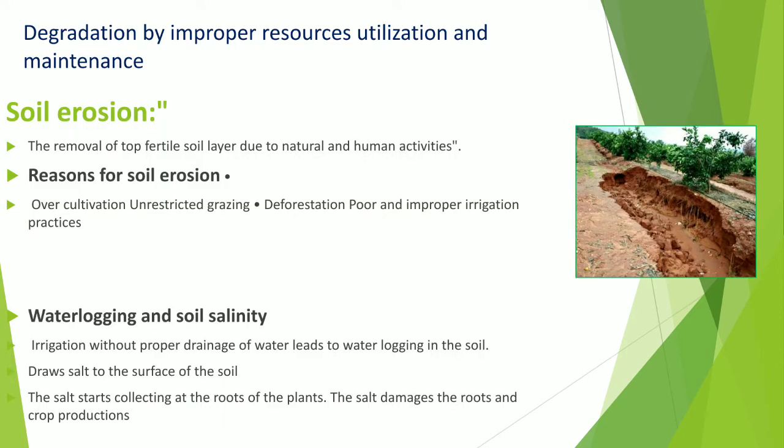Okay, so degradation by improper resource utilization and their maintenance. Degradation means things which undergo a totally dangerous condition, and how we have to take care as well as maintain that. See, consider the forest. Forests are cut down and then burnt, and the wood is used for various purposes, mainly for industry or building of houses. So many purposes we are using the forest as well as its wood.